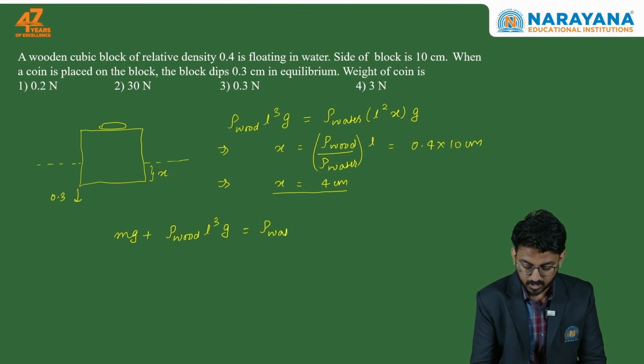Now buoyant force in this case is going to be L square multiplied by 4.3 centimeter multiplied by g, giving us